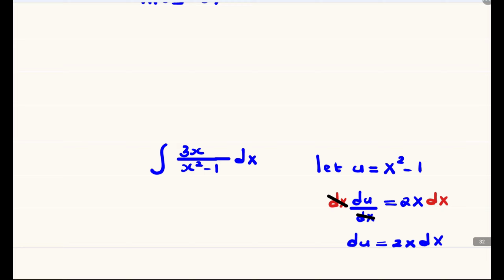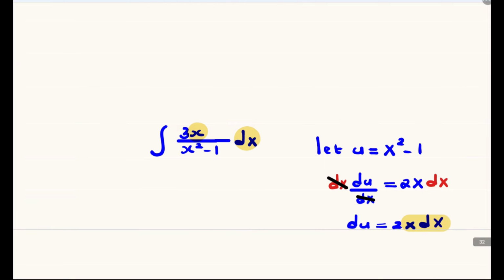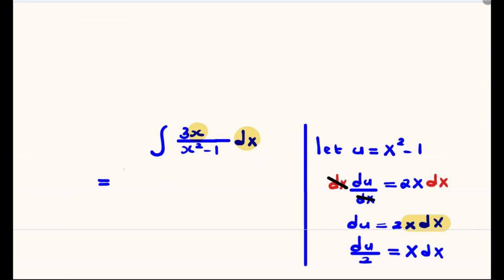Inside the integral we have the x dx, and we also have the x dx in that du. Let's divide both sides of the equation by 2, and du divided by 2 will be equal to x dx, which we will substitute in our integral. We have this as equal to the integral of 3 divided by x squared minus 1. In the place of the x squared minus 1 we substitute u. In the place of x dx we substitute du divided by 2